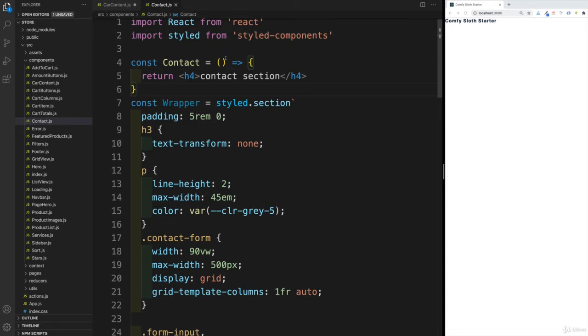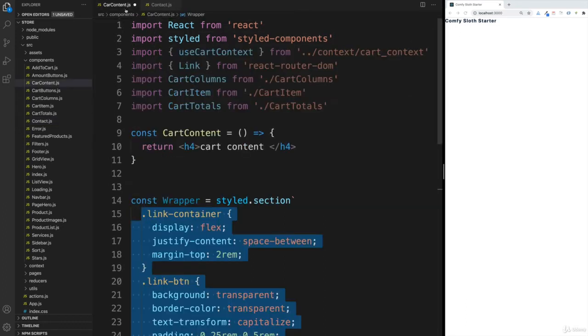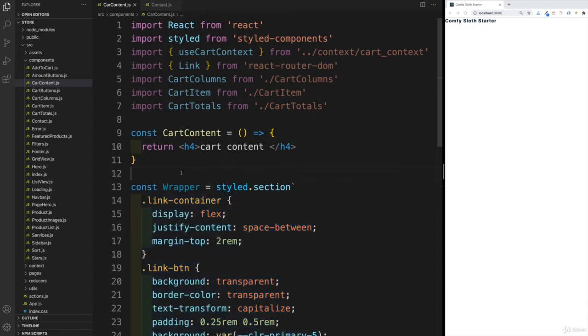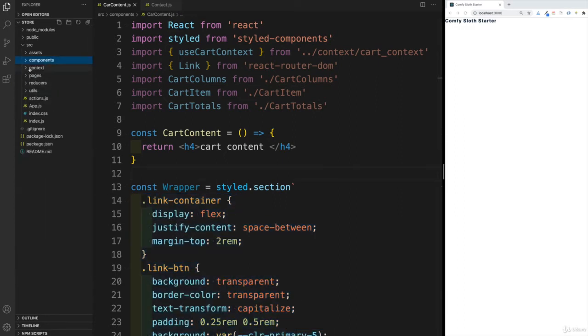But when we talk about boilerplate, I don't really think that you're getting anything out of the fact that you need to create a file, then create a boilerplate, and hopefully you get the idea. That's why, yes, all the components are already prepared for you as far as the boilerplate and the imports. So I'll navigate back to the cart content, I'll just save it. And then if we take a look at the next folder, we can see that it is going to be context.